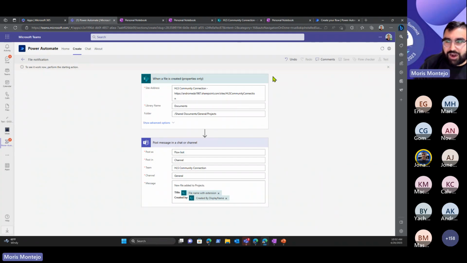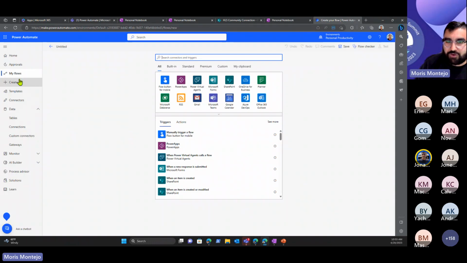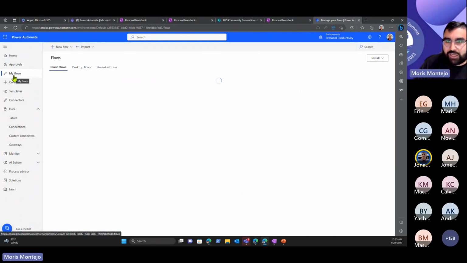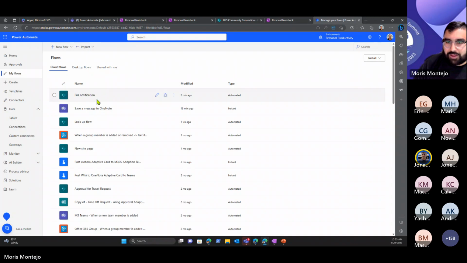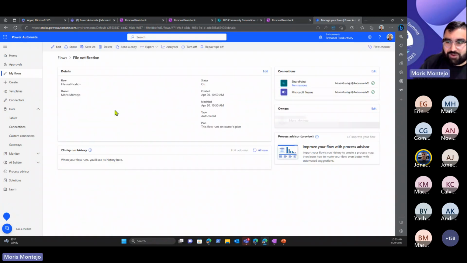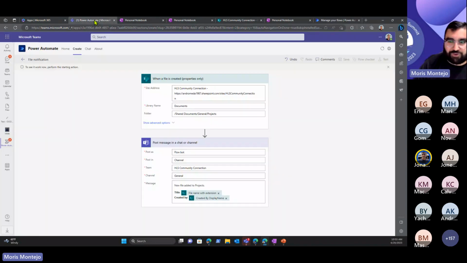And I'm going to leave it there because when I test it like that, I don't like messing with it. Let me come back over here to the flow directly. This is the exact same flow that I'm looking at. You can see that it hasn't triggered just yet. So I'm just waiting for it